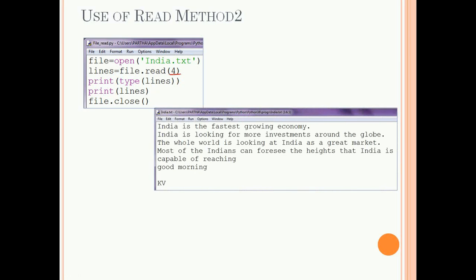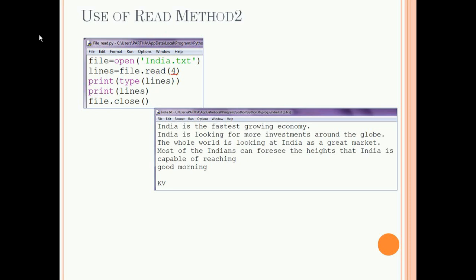Now in this program everything is same except I have given 4 as argument of the method read. This is the text file india.txt. You must know that whenever the file is opened, a file pointer is created.